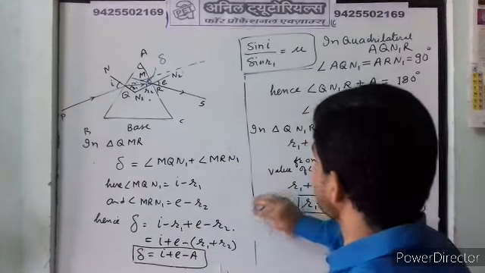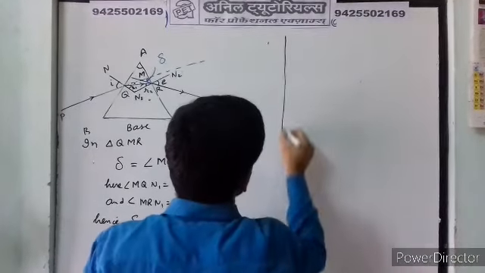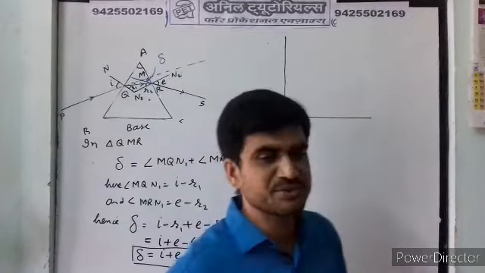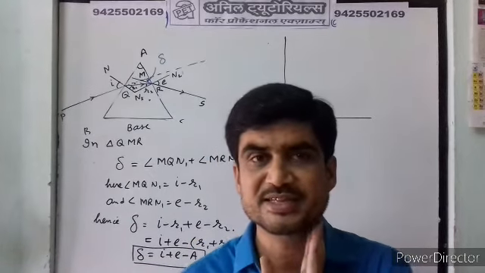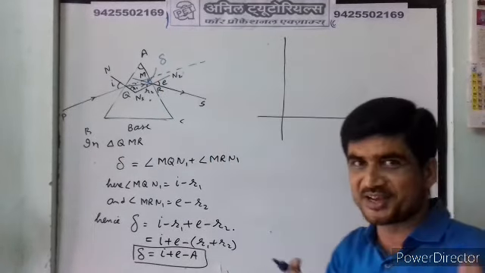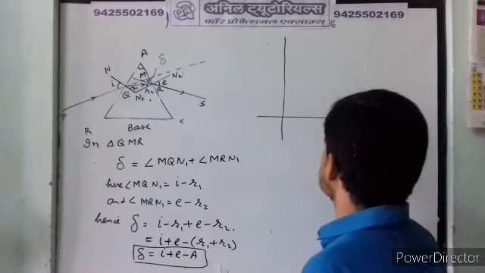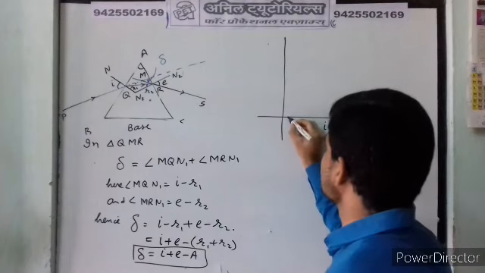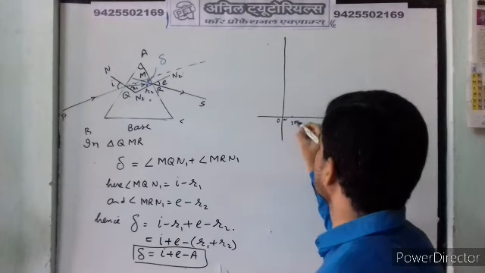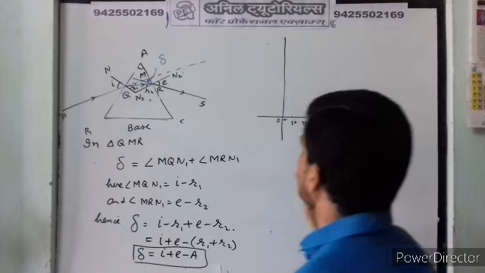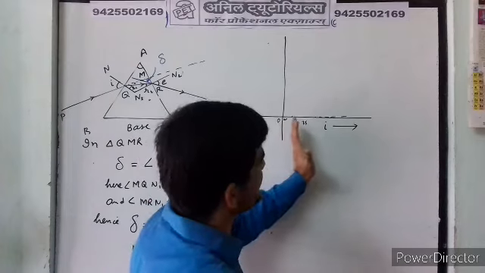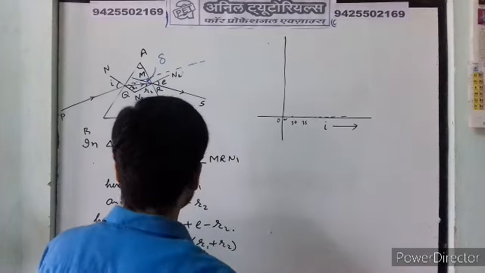For different angles of I, you have to observe the angle of deviation. Whatever values of observation you got for different angles of incidence and angle of deviation, we will plot a graph between the values of I and delta. Here we will show the values of I. You start with 30, 35 and so on, and you will find the values of delta. Initially, when you increase the angle of incidence, you will find delta is decreasing.